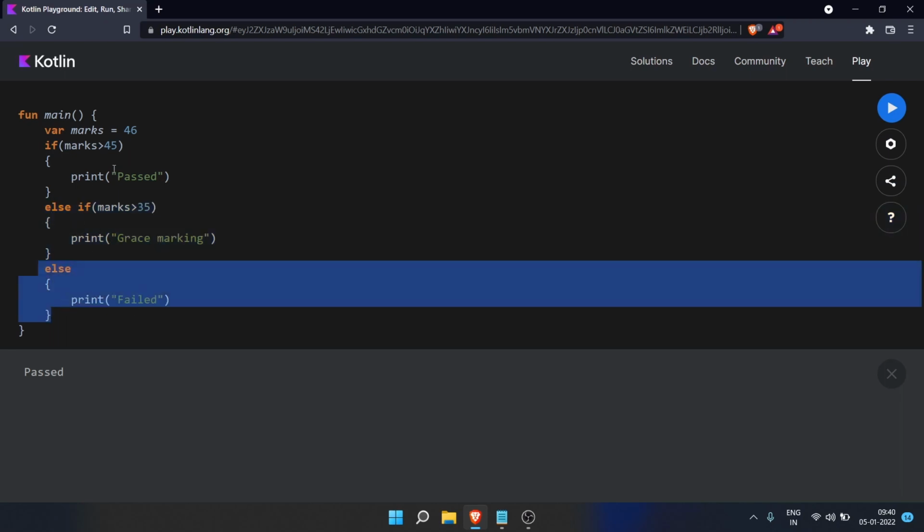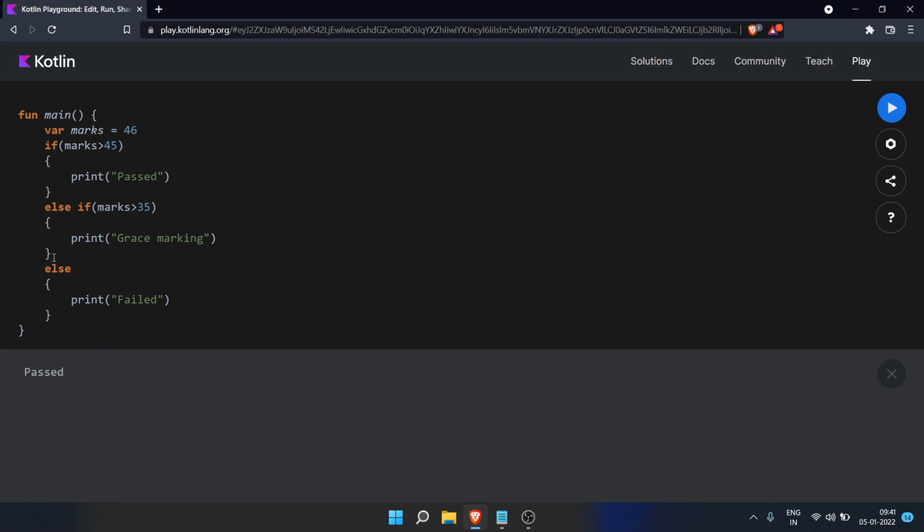So these blocks will be executed in sequential manner, and it will stop executing this series of sequence only if any one of the blocks is returning the true value, means any condition is getting satisfied. We can have the series of this else if again and again.